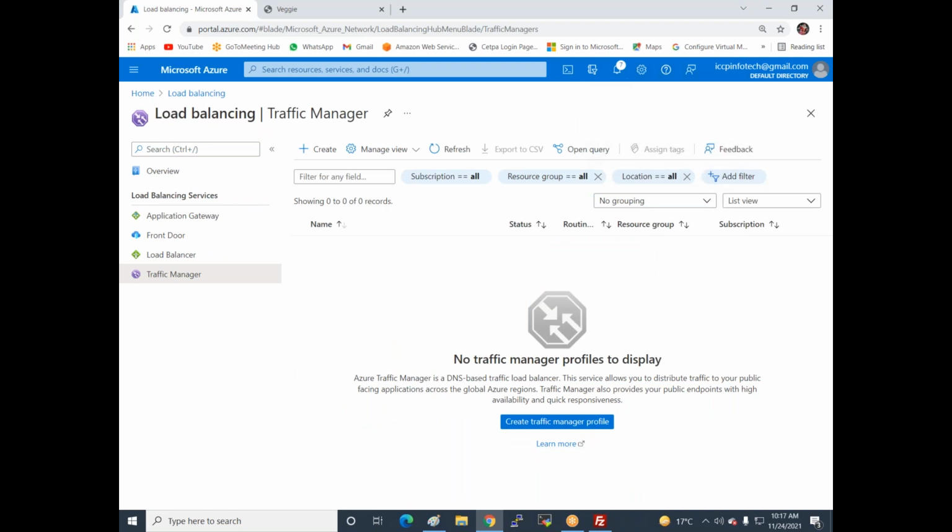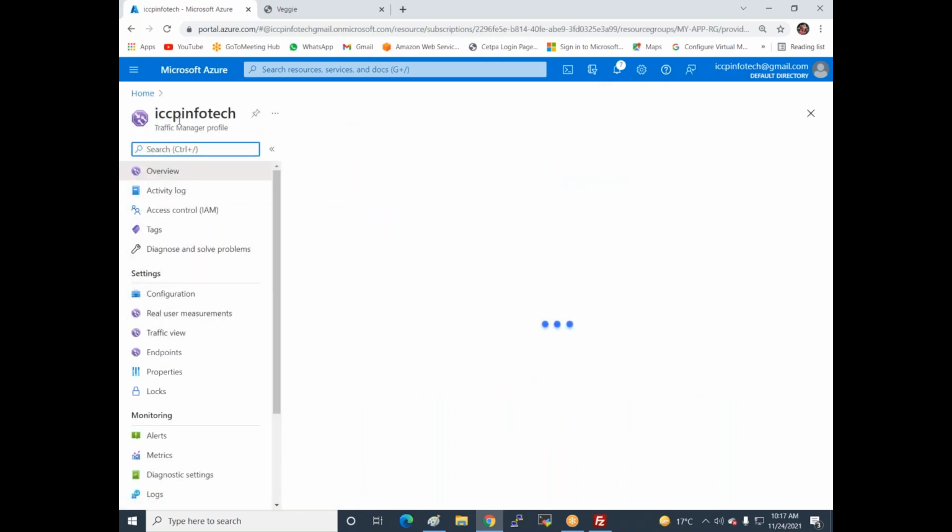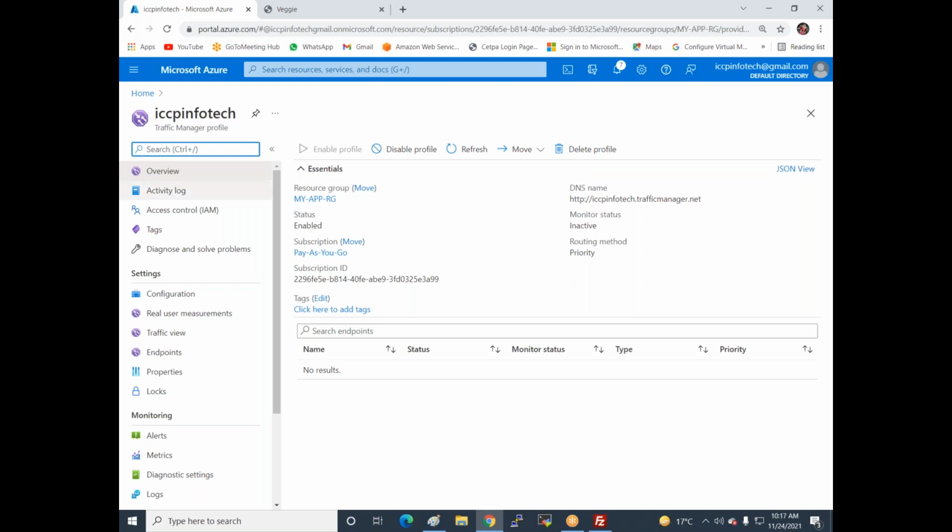So now I configure our traffic manager. After that, we add and create a rule inside the traffic manager. Now I go to services and come to the iccp info tech traffic manager, and you can see the option is available here. Wait a minute, one minute.